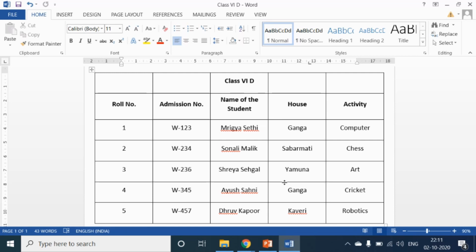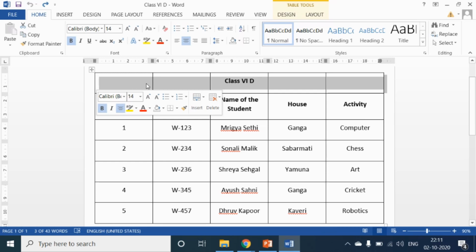Students, let's see how to merge cells in a table. To merge cells, first of all, select the cells to be merged. Here, I want to merge these 5 cells of the first row. As you can see here, class 6th D is written here. Now, I want to merge all these 5 cells. Now go to the first cell and you can see a black arrow coming on the corner of the cell. Now just double click on the cell and you can see that all 5 cells are